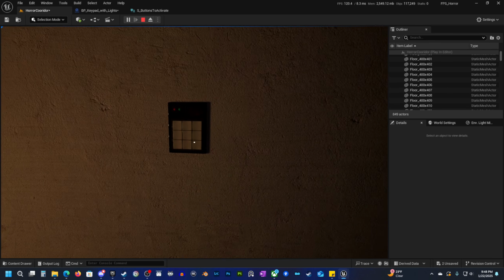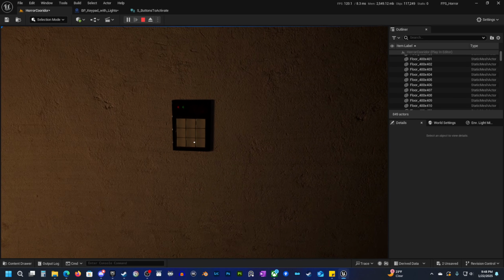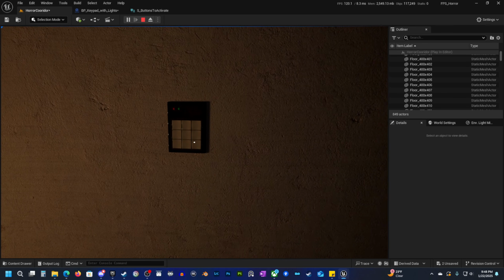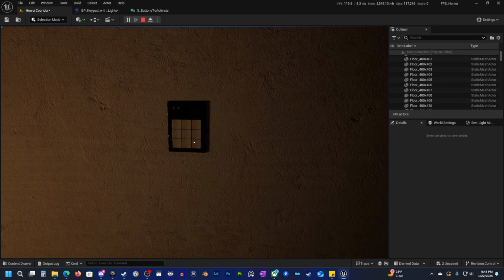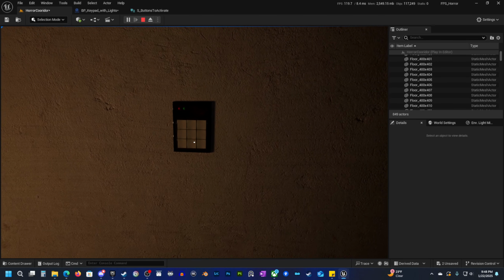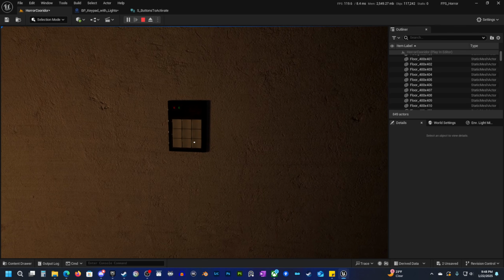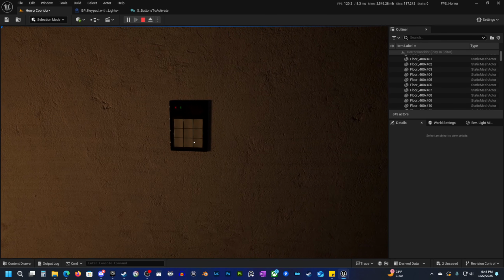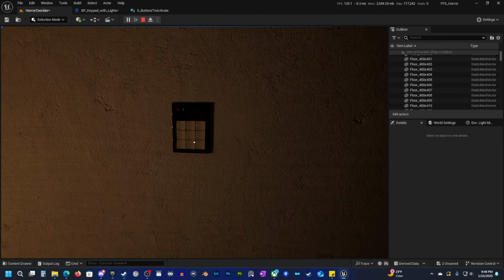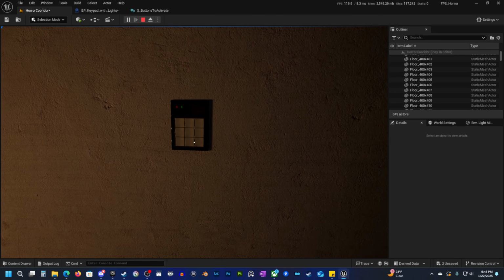Today, I have a really fun little puzzle that I have to give a shout out to my good friend Reality. That's his screen name, not his real name. At least I don't think it is. But he helped me out quite a while ago when I was trying to figure out how to make a puzzle like this. So thank you, Reality. All the credit goes to you, but I'm just going to show his method